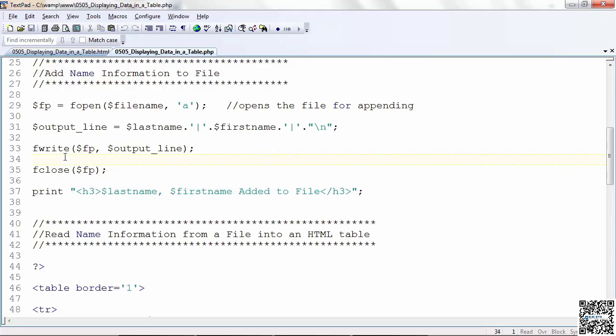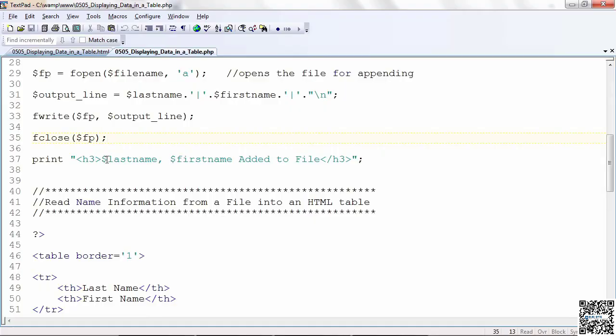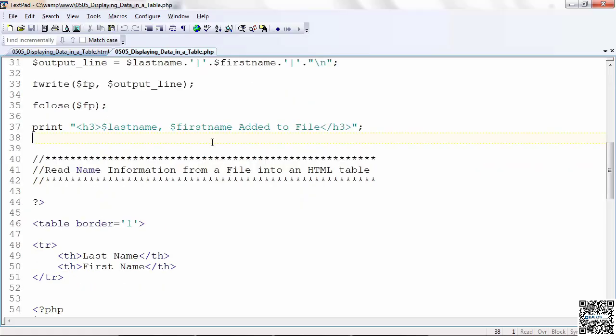Well, that was quick. Write the file, close the file. It's important that I close it again because I'm going to open it again to read it right after closing it. So I print another heading here. Now in the heading, I put the last name, first name added to the file. You saw that when we ran it, so you could see it would report back to you the very last